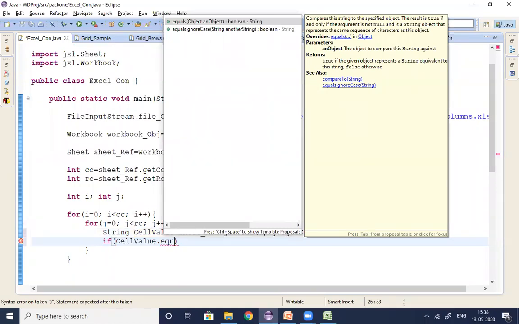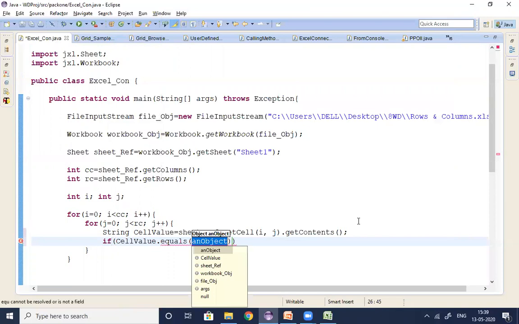Equals function return type is what? Boolean. It returns true or false. So understand, guys. cellValue dot equals Kishore. If cellValue dot equals Kishore equals to true,